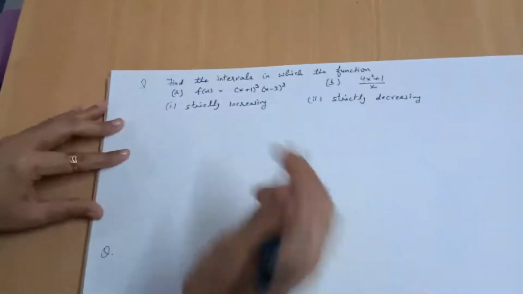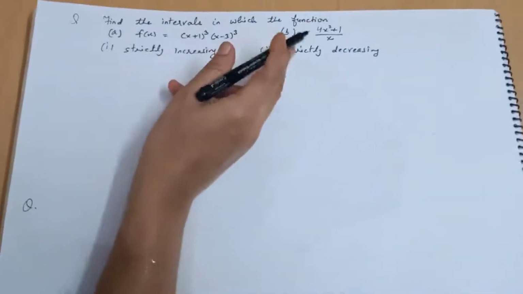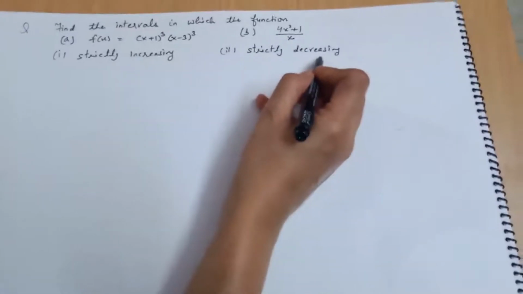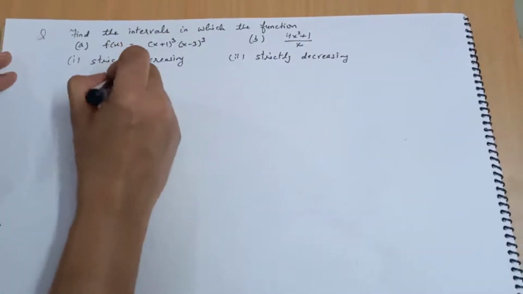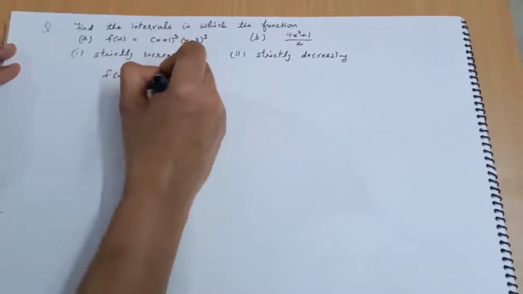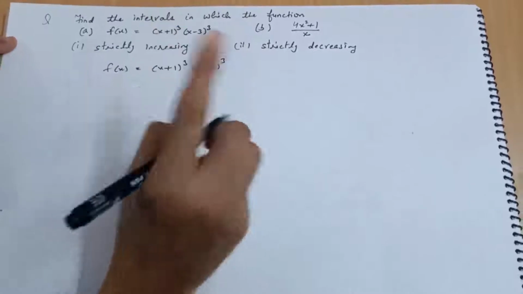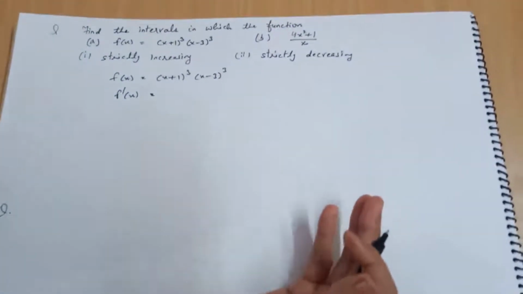Find the intervals in which the function f(x) is strictly increasing, strictly decreasing. One more function is there. So first function is there, your f(x). Now see how we solve the questions using that part. So what I said, we need to calculate f dash x. f dash x कैसे calculate करेंगे? Now you know the chain rule, product rule very well.